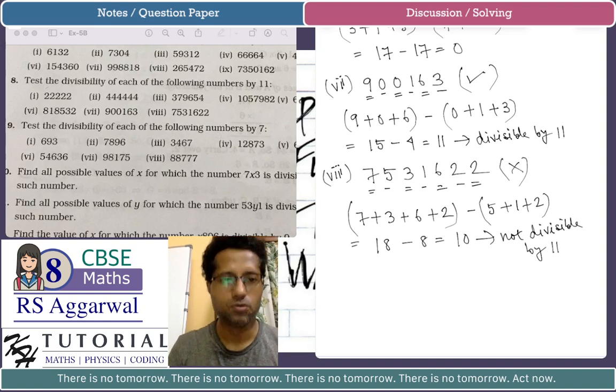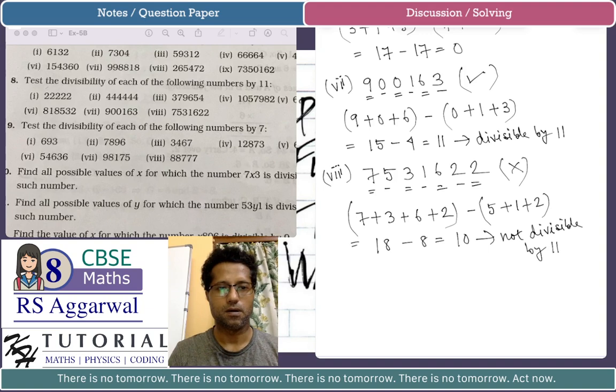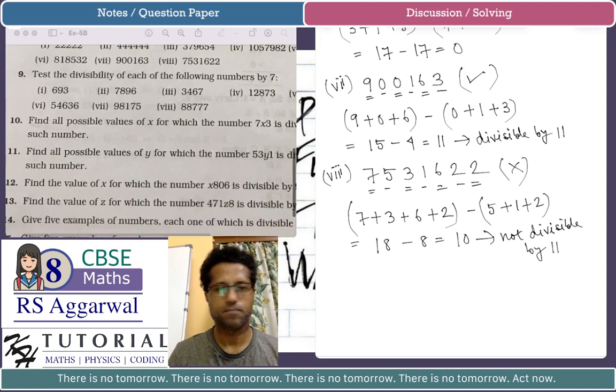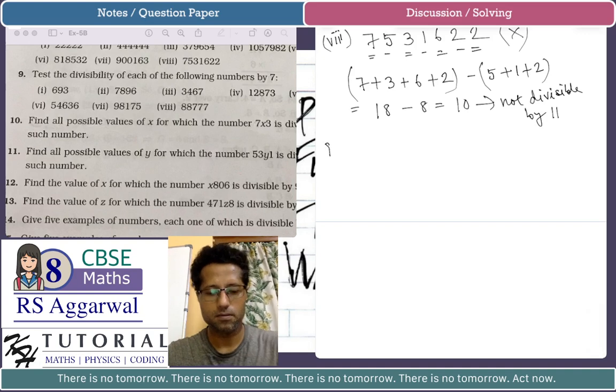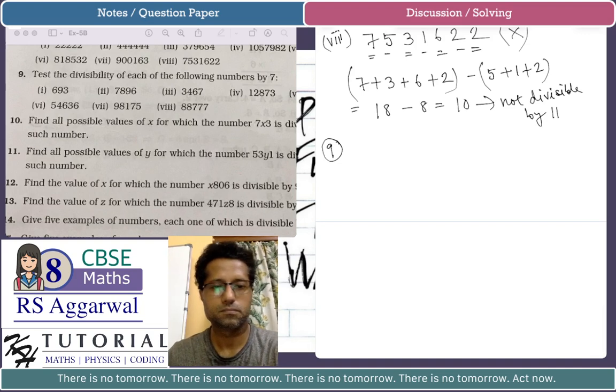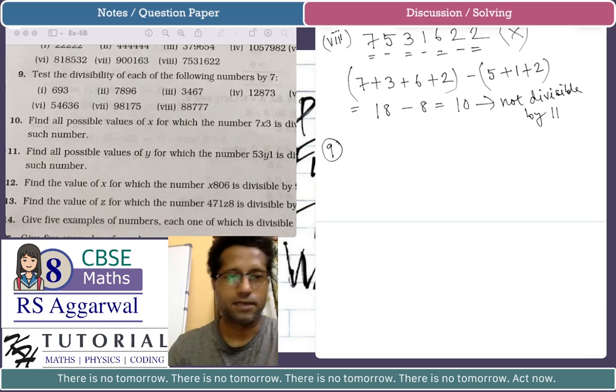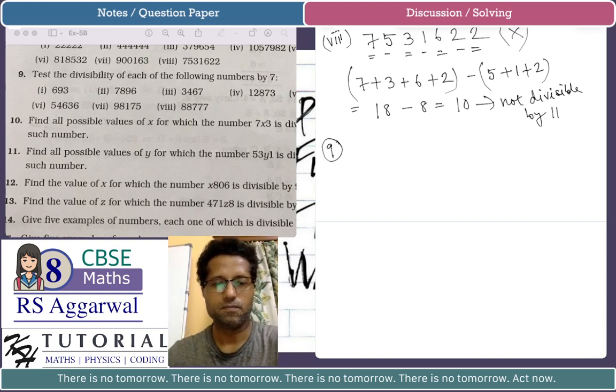Okay, let's do problem number 9. This is regarding divisibility by 7. Test the divisibility of each of the following numbers by 7. Let's do number 1, 693. Now 693, so what is the rule? The rule says